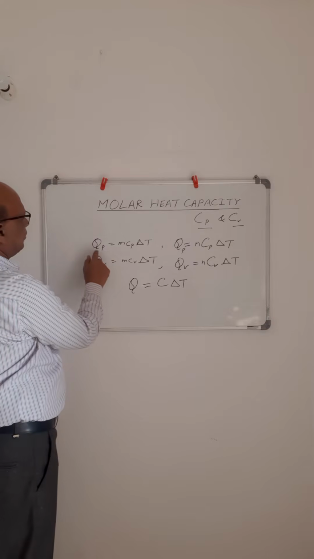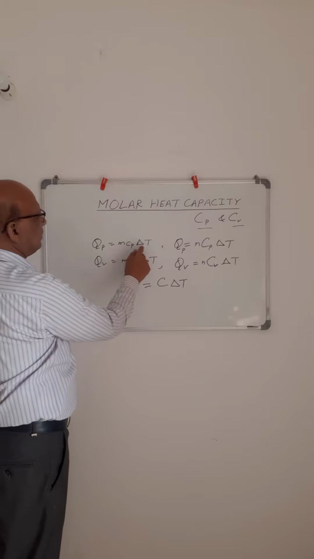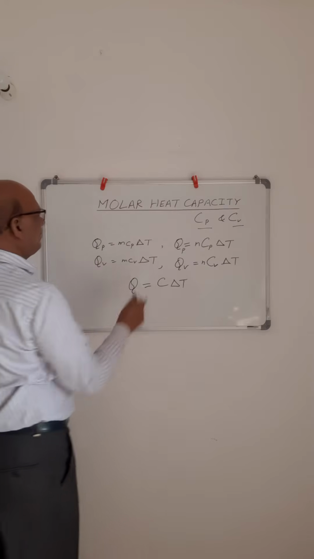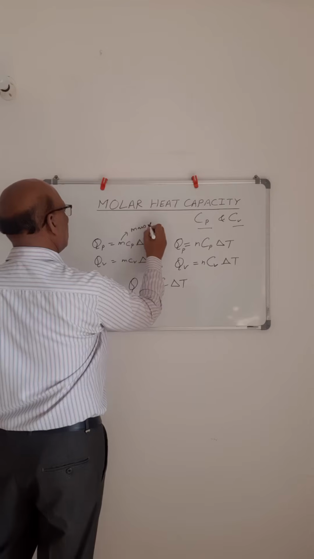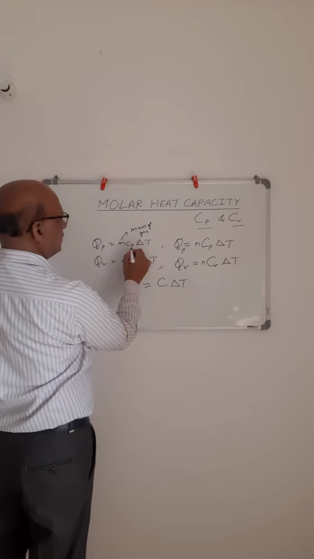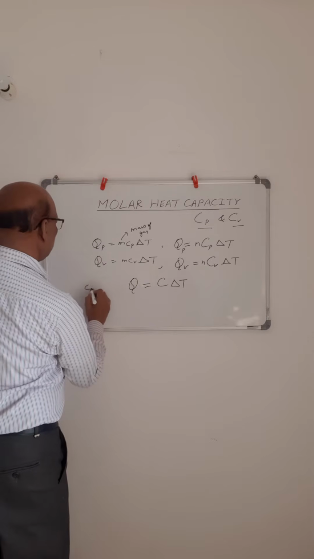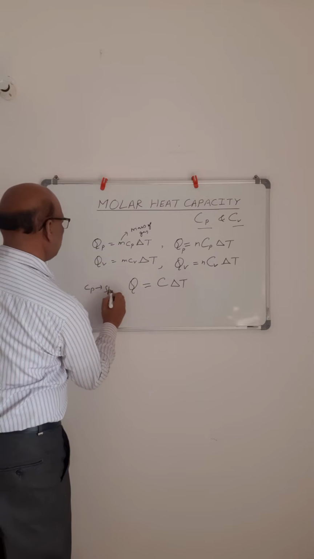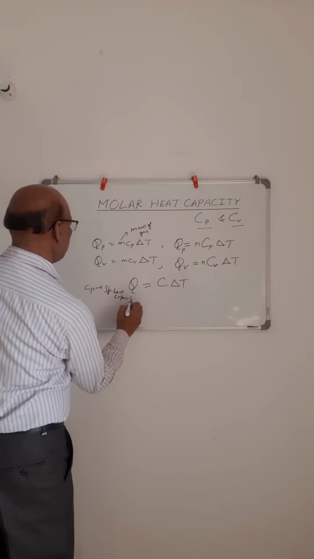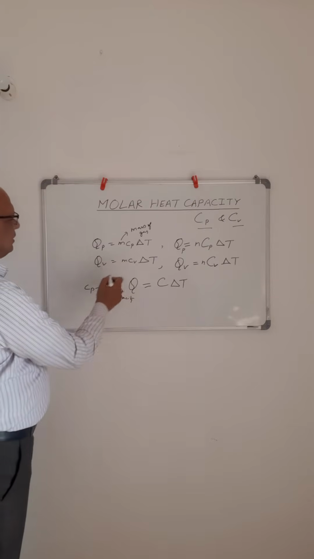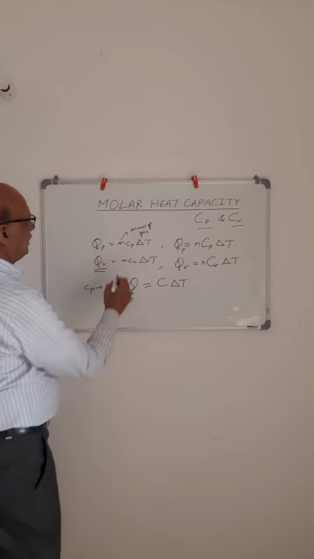और यहाँ पे जो लिखा है, that is heat supplied at constant pressure, Qp equal to small m into small cp into delta T. Here m is the mass of the gas taken, and small cp is the specific heat. Small cp को हम बोलते हैं specific heat capacity of gas. And similarly Qv is the heat supplied at constant volume, and this is